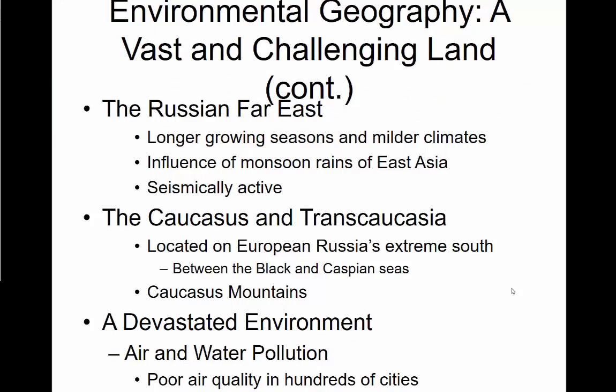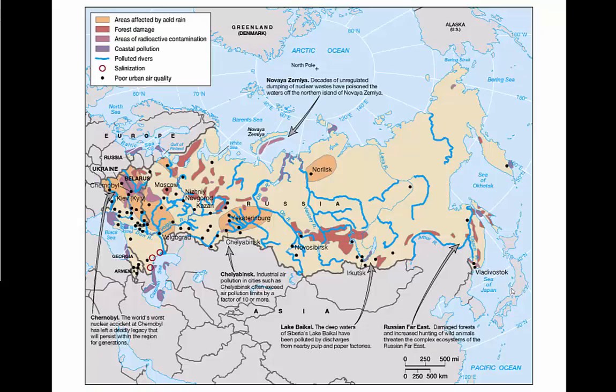One of the long-lasting effects that Russia's dealt with is air and water pollution, poor air quality for a number of cities, and then poor water quality, the shrinking of the Aral Sea in this particular region, and more so in Central Asia. So we can see areas affected by acid rain,